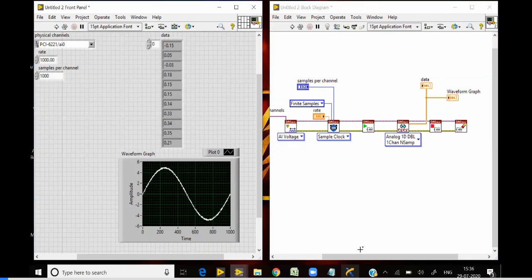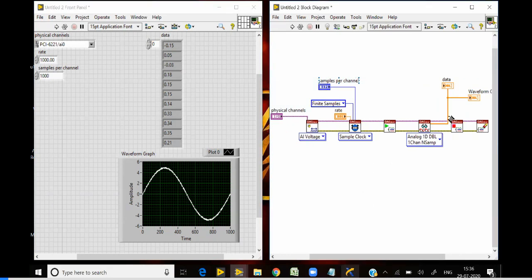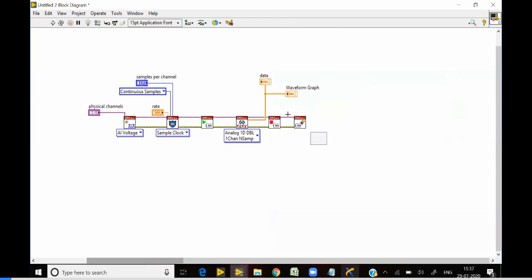Yes. Now this one is for finite sample. If I wanted to change this for a continuous sample, I need to change the sample mode into continuous sample, as well as I need to implement a loop here. So for implementing the loop,